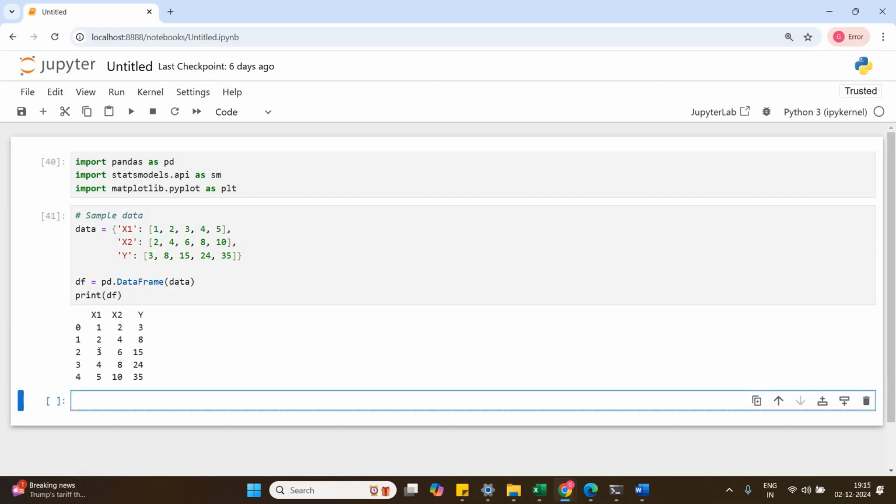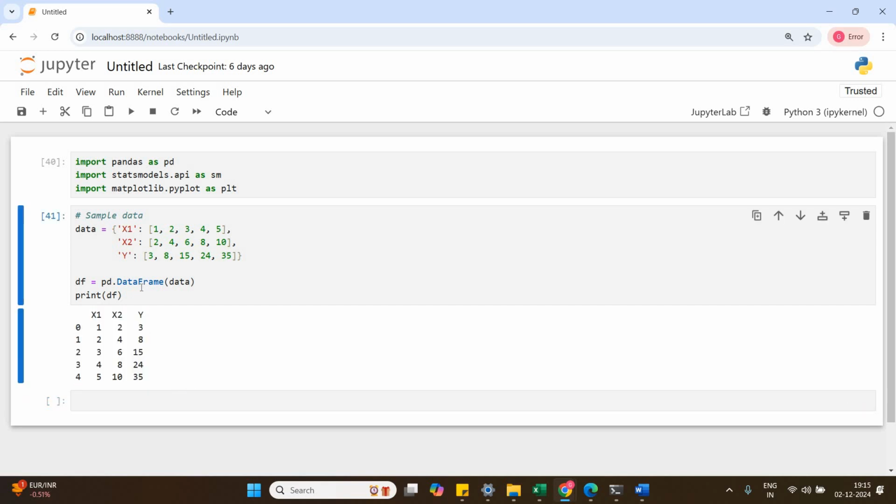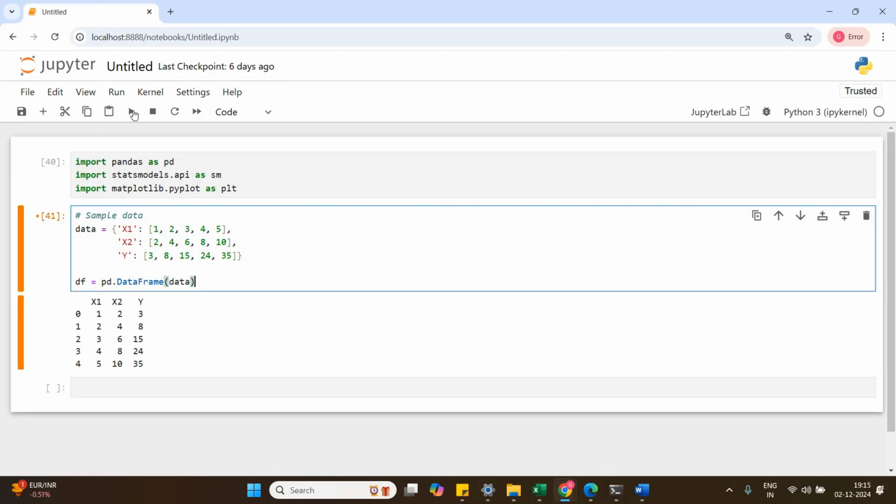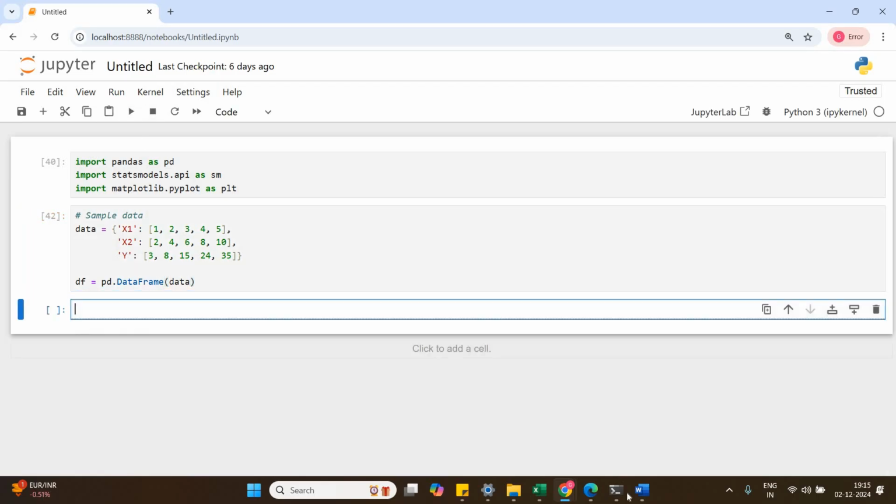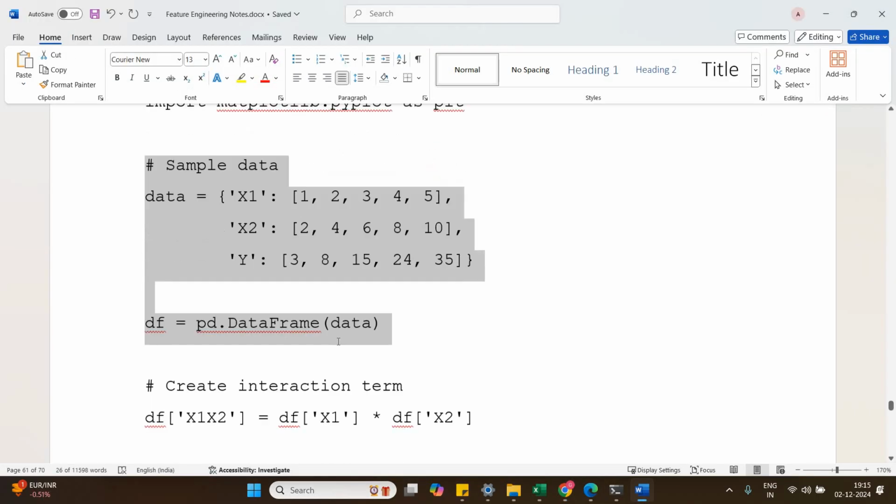Let me run it. Here you go, the data looks like a matrix: 0, 1, 2, 3, 4, 5. Then 1, 2, 3, 4, 5, then 2, 4, 6, 8, 10, and then 3, 8, 15, 24, and 35. This is how the x1, x2, y values have been loaded into the data frame. Let me remove it, run it again,